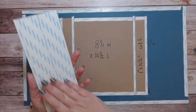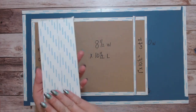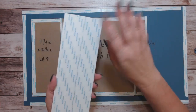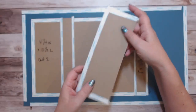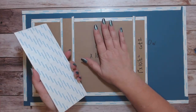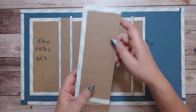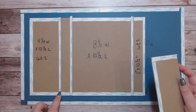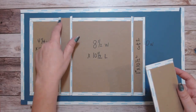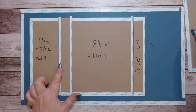Now I used Scor tape and I covered completely the back of the chipboard. That gives it so it doesn't bubble and everything, and it seems to work really good. And I like using the tape rather than glue when I'm putting my albums together, but if you like to use glue, that's fine. And then I put this 1/4 inch Scor tape here as a guide. I like to have a 1/4 inch